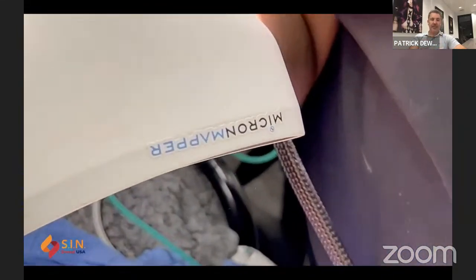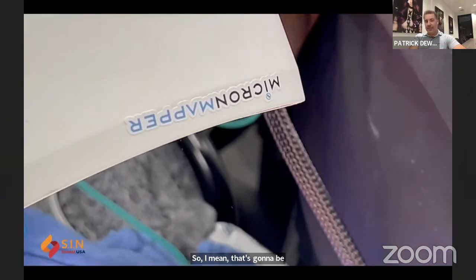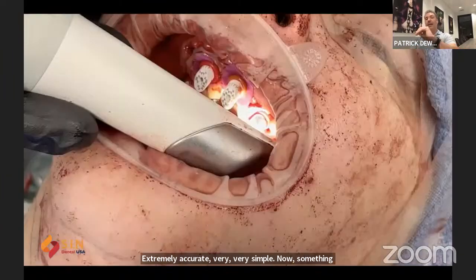So, I mean, that's going to be 8 seconds. That's 8 seconds to capture that scan per arch. Extremely accurate, very, very simple. Now, something that's very, very unique is that these scan bodies can also be used for soft tissue scanning, where